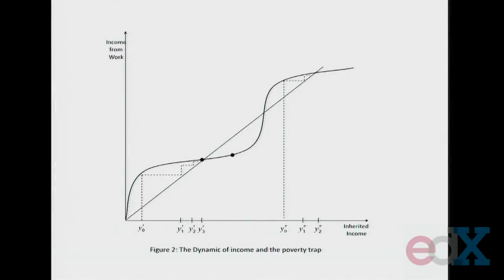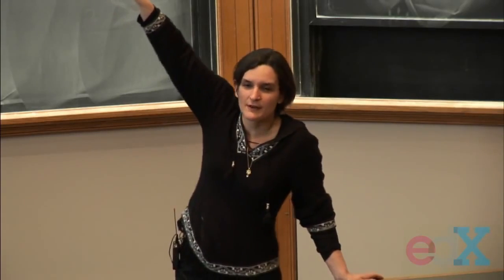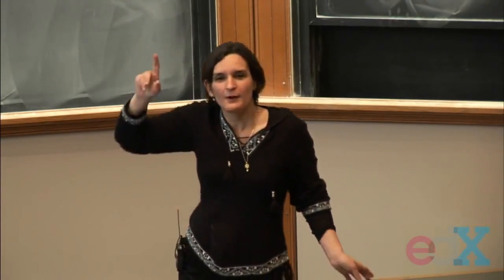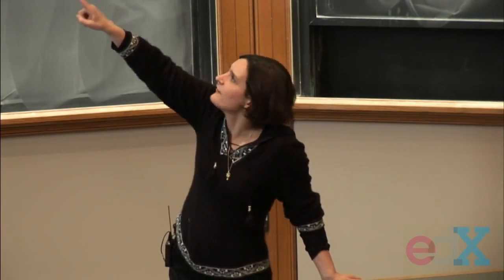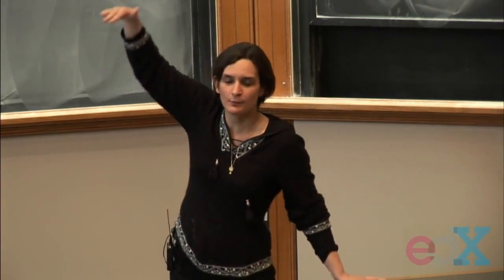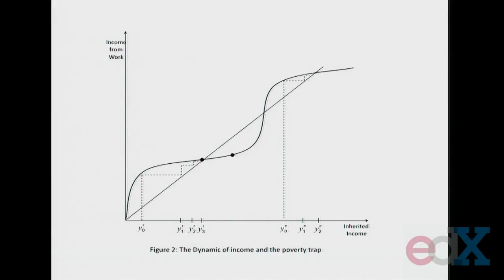So the reason why we are using the horizontal line is that from y0, I know that I go to y1. And then I want to know, well, from y1, where will I go? So for that, I need to put y1 on the x-axis. And the 45-degree line allows me to do that because the 45-degree line is where the vertical is equal to